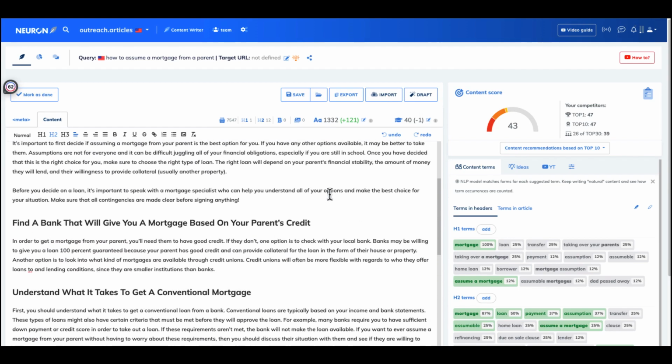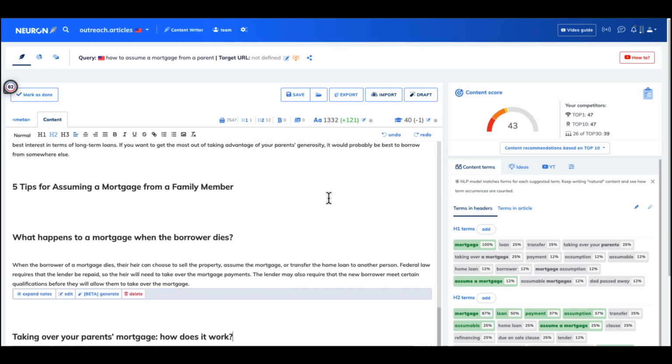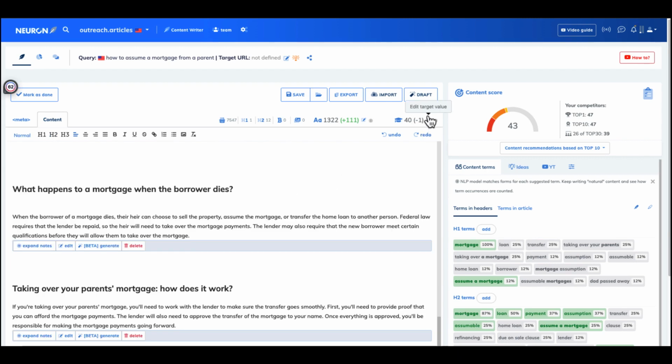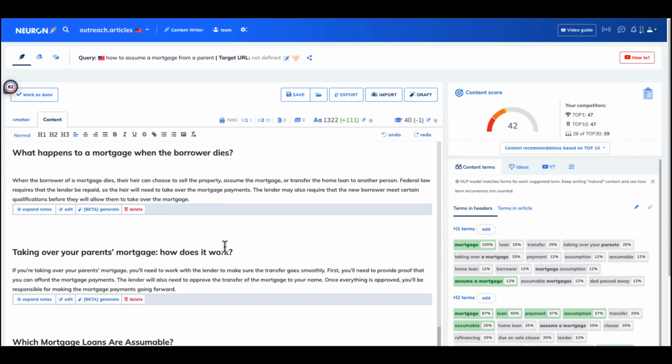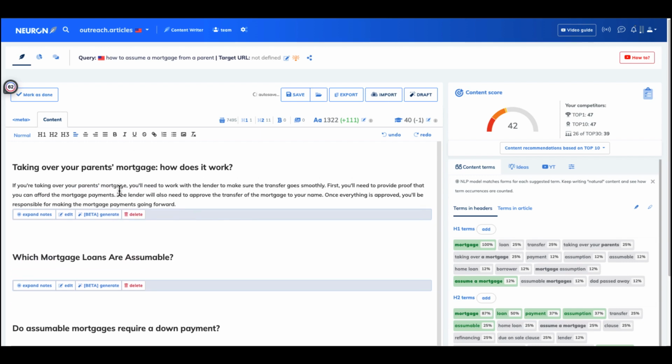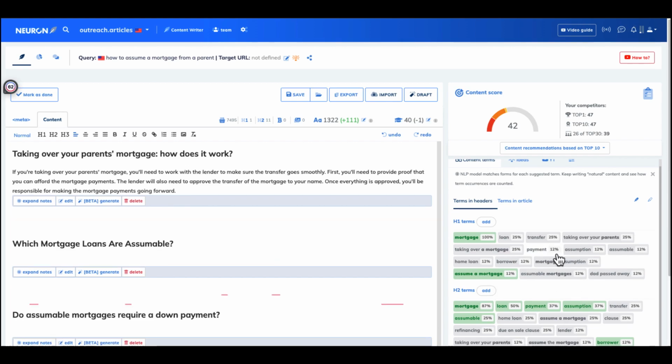Or if you already have your article, copy and paste it over, and then you want to add more to it, you can just go over to draft mode, add it to the bottom, and then just boom, boom, generate that AI writing. Quality's pretty good from what I see so far, and you get that score up pretty quickly. Then you can go in and add more of these suggested keywords. Now,